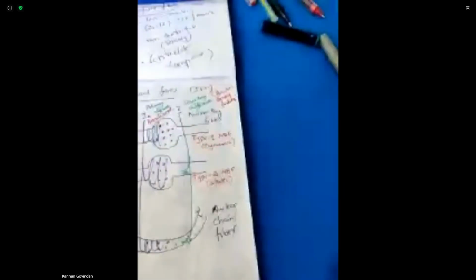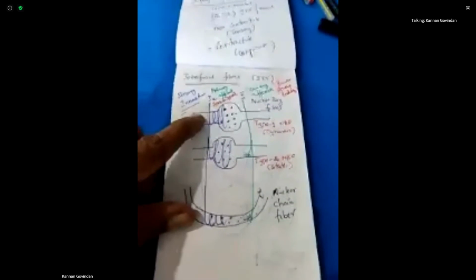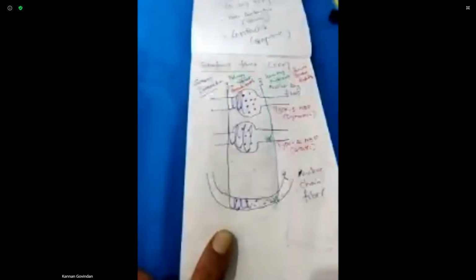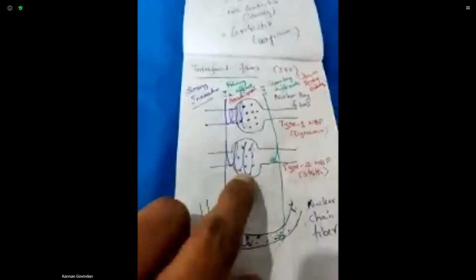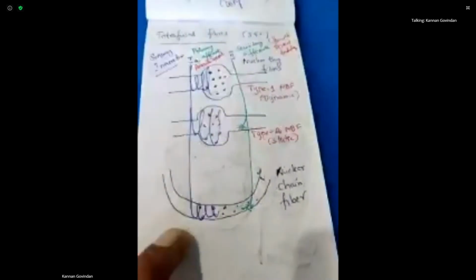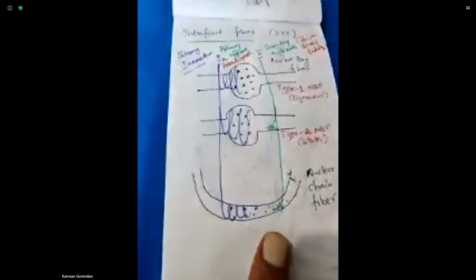Okay, so this is the afferent innervation. I am repeating again. The intrafusal fibers are made up of two types of fibers: nuclear bag fibers and nuclear chain fibers. They are named because the nuclear bag fibers contain a bag-shaped structure in the center containing the nuclei. In nuclear chain fibers, the nuclei are arranged in a chain-like pattern.